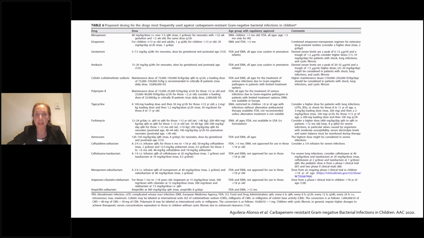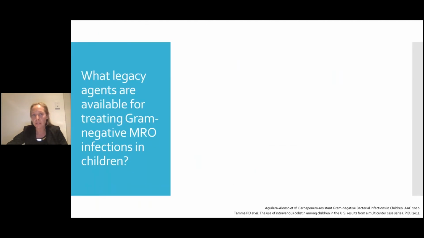And when we look at the next column across at the age groups that have regulatory approval for many of these agents, we can see that some are licensed by the FDA for use in America, some are licensed by the EMA for use in Europe, and different indications are licensed in different regulatory areas, and that can really create a huge amount of confusion for the clinicians that are responsible for treating these multi-drug infections that are really life-threatening for a number of children.